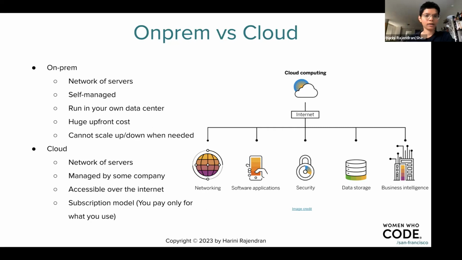that we have been using, which was actually in use before cloud computing, right? When we talk about an on-prem solution, it's nothing but a set of computers, or you can call it a network of servers. They're all self-managed. When I say self-managed, you own it. You go purchase the hardware, you go purchase the storage and everything, and you set it up in your home or in your office or in your own data center, and you take care of it.